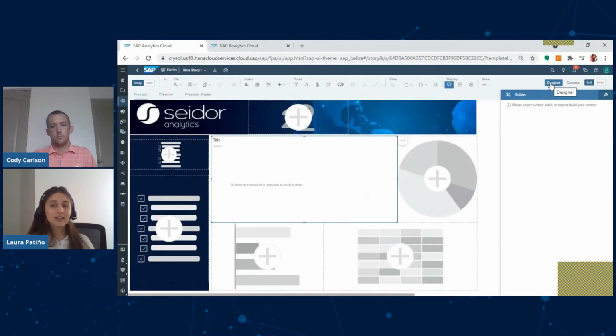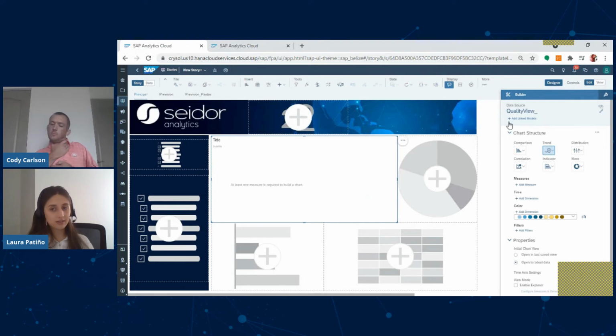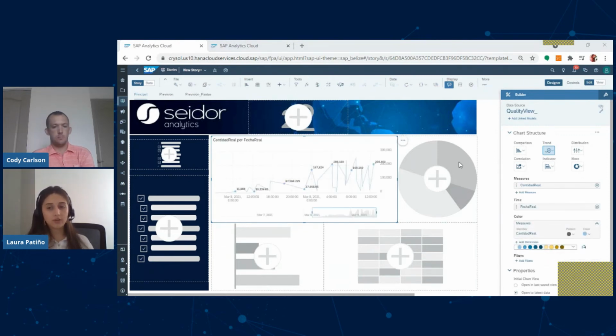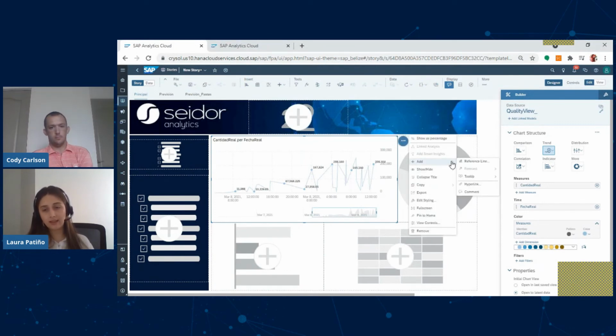And I can start now creating different charts. So for this case, we just selected a measure. In this example, these are real measures that were taken from the IoT devices and also combined with manual information workers recorded in the ERP.